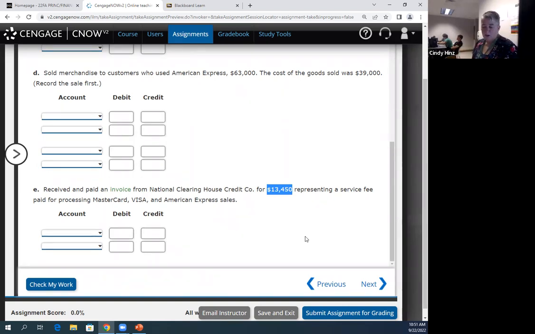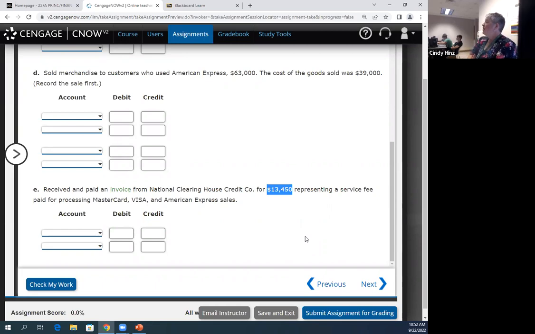Larger companies with larger amounts are generally going to pay a smaller fee. So if you're a very large company, the percentage that you pay for the fee is going to be lower. If you're a smaller company, that percentage is going to be higher. The percentage traditionally has ranged between, say, 2 and 6% that you have to pay to the credit card companies for, again, the privilege or the fee for accepting credit cards. And so there's an additional expense associated with accepting credit cards that you don't have if your customers pay cash.